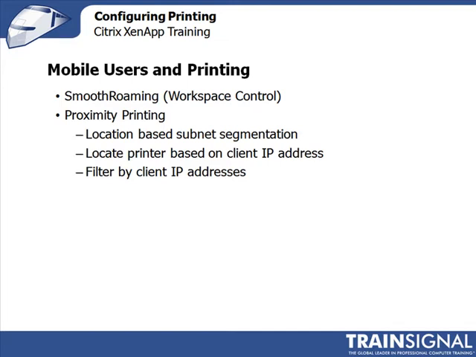This is again dependent on how well the network is properly configured and segmented. Another way of doing this is called smooth roaming or workspace control. With smooth roaming and workspace control, one of its features is the ability for you, if you're working on a device on the 1st floor, it's a desktop, it's not a movable device, for example, and you decide, I need to go up to the 5th floor because I have a meeting, you can disconnect from the